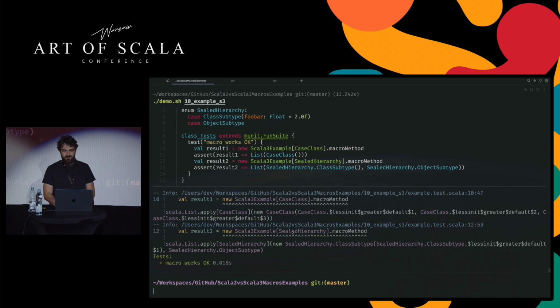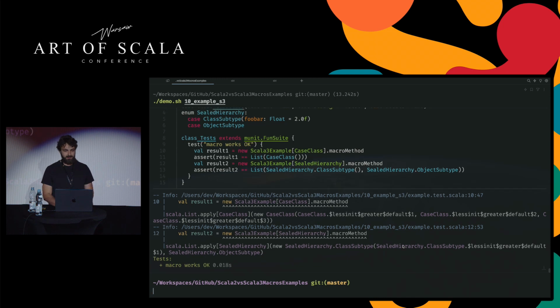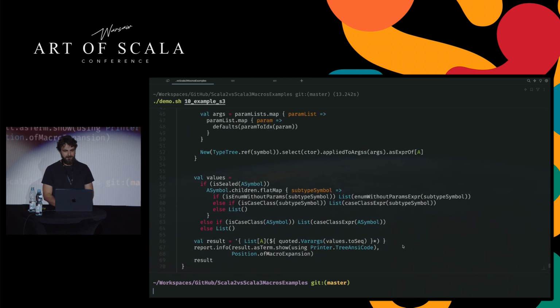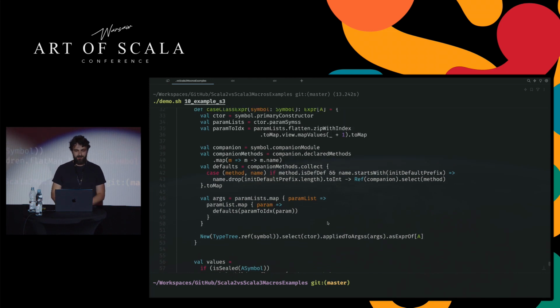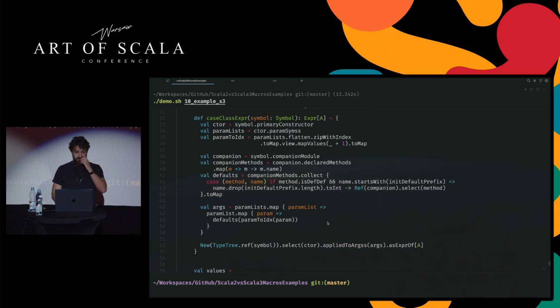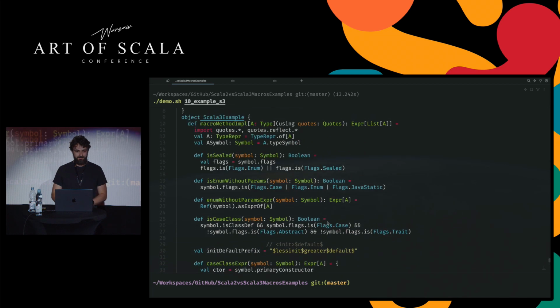As you can see, the printing works great, and we also use that pretty printing. So yes, we were able to generate the working code. And the kind of sad thing is that if you compare those two codes, the one we had before in Scala 2 and the one we have in Scala 3,